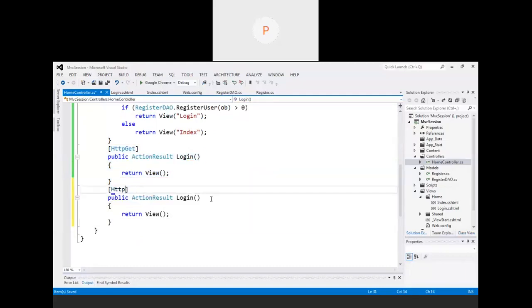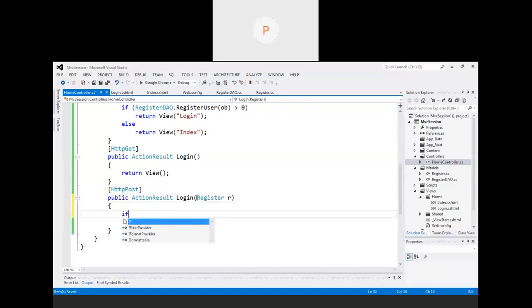This will be the post. Here also I have to take the object of the register class, the register R, then check. If not, because we don't know the exact username, it is better that we check in a reverse direction. Like if not Register.Validate(R), meaning the output returned by the validate method.